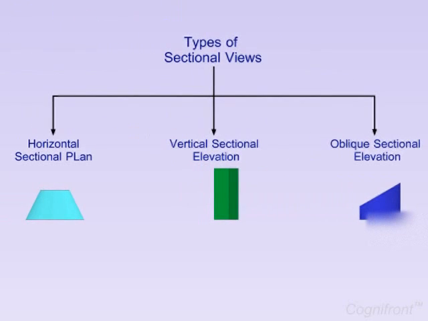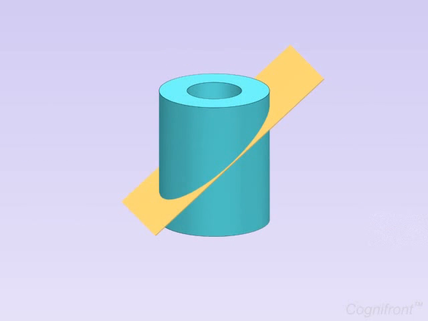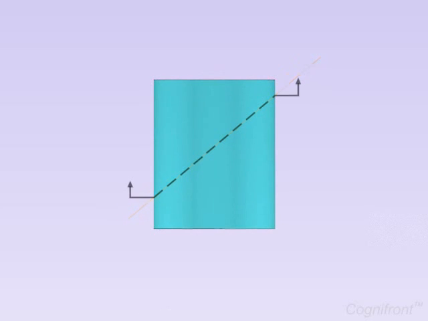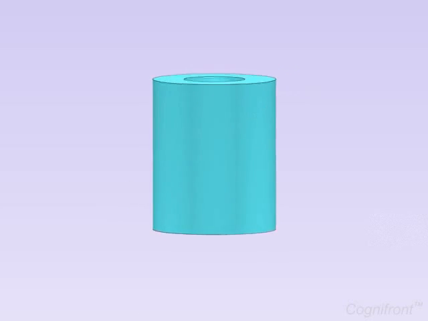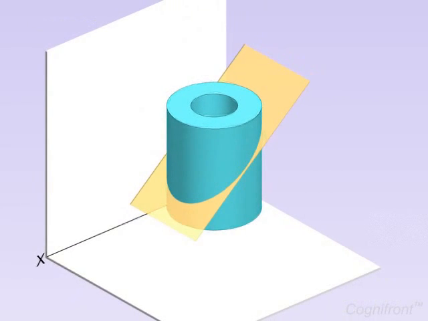Next, the imaginary cutting plane known as the sectional plane is represented by a dashed solid line. The projection of a sectional plane will appear as a trace of a straight line. The orientation of this trace line with reference to XY depends on the orientation of the sectional plane with the reference planes.